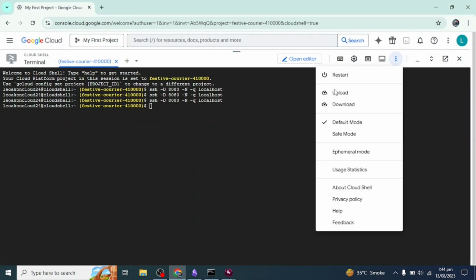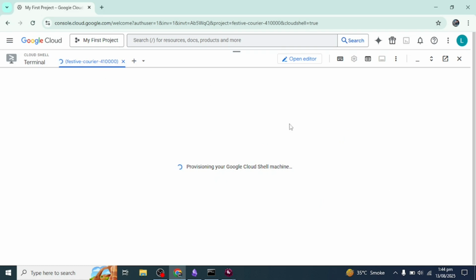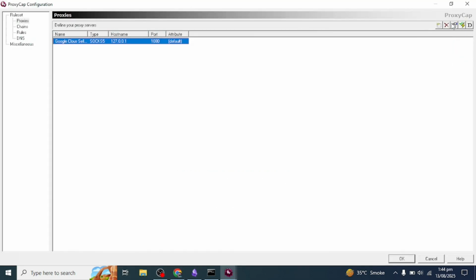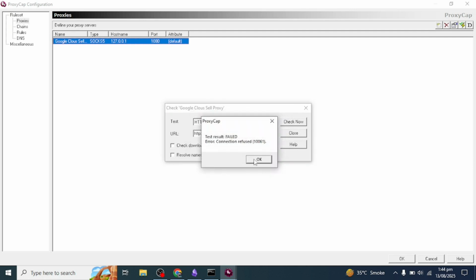When can that happen? This can happen when you have closed this tab, because you have to keep this tab opened, this Google Cloud Shell opened on your browser, and you have to minimize this. If you close this and then you click on check connection, it will say connection